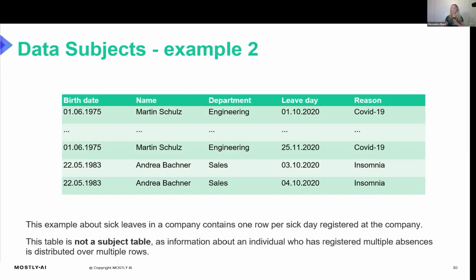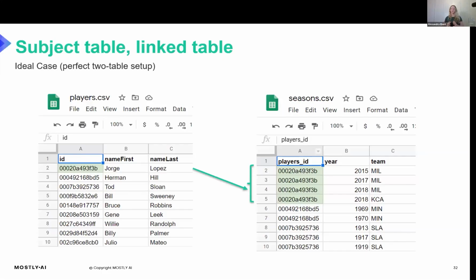What's not a good example is something like this. This is a fictitious example of sick leaves, a table where a company registers what type of sickness you had when you couldn't come to the office. As you can see here, humans not only get sick once in their lifetime, but apparently several times, like this guy who was once sick in October and once in November. So Martin Schulz is twice in that table, and this violates the rules that I just pointed out earlier. So here you would need to do some pre-processing to make sure that this data fulfills the